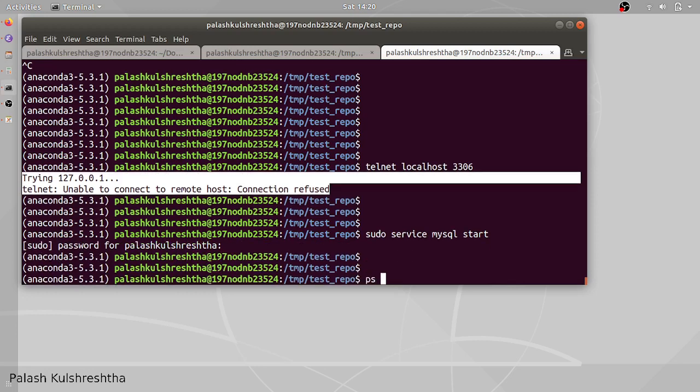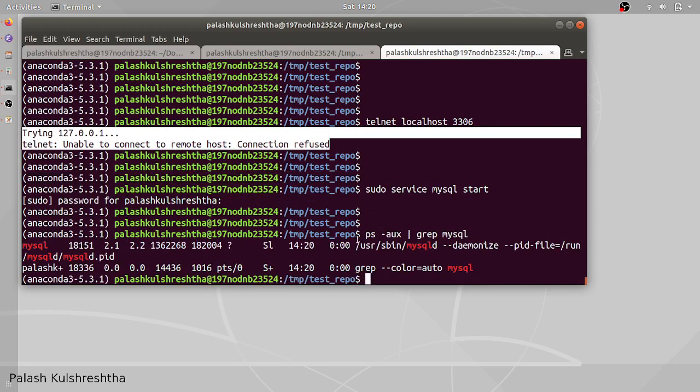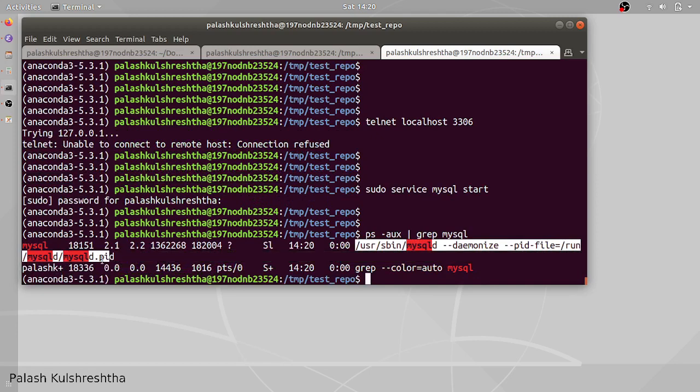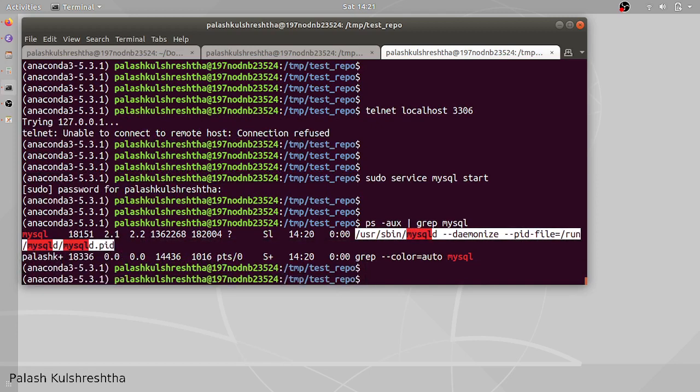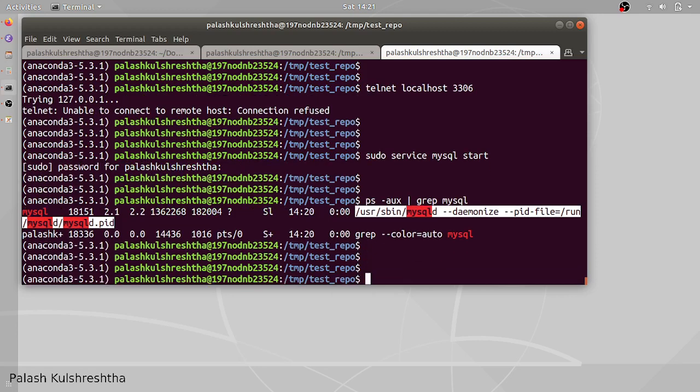We can see that MySQL is running by ps grep MySQL. We can see that mysqld, the MySQL server, is now running. Earlier it was not running. So we can try telnetting or checking connectivity of the MySQL port from a local system.